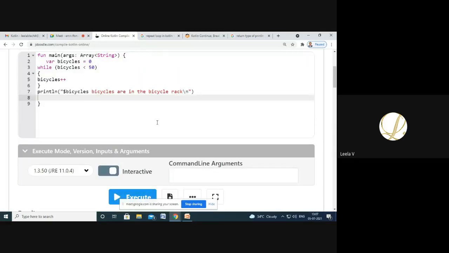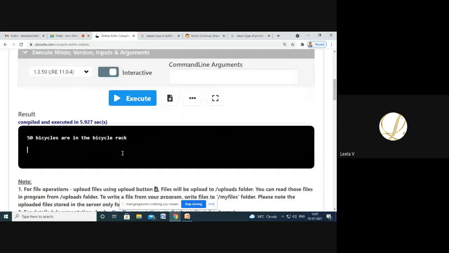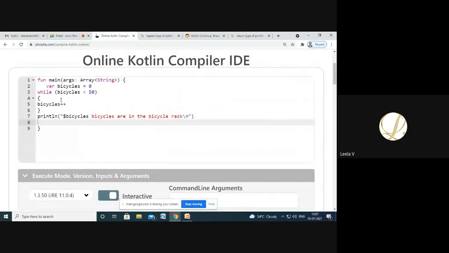So when I'm running this while loop, it means 50 bicycles are in the bicycle rack. Until your condition is true, the body of the statement will be executed, and when your condition fails, it will come out of the loop.